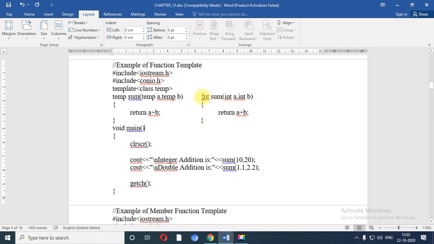Then you just need to replace the data type with the temp keyword, and after the conio.h, you just need to write the template keyword, the sign of less than and greater than, and in between mention class temp. Here you can declare any variable which can be used over here in the argument list also. So this is the easiest way to write the function template.